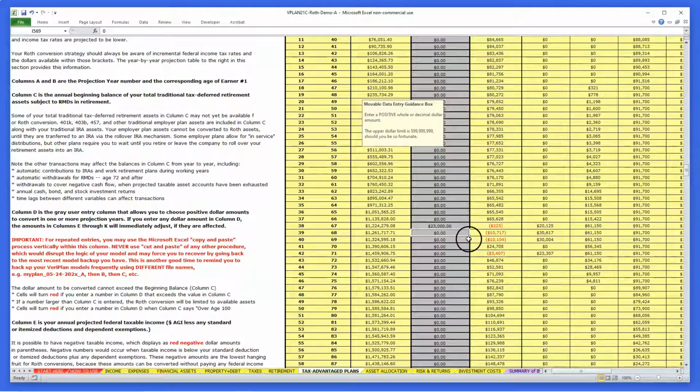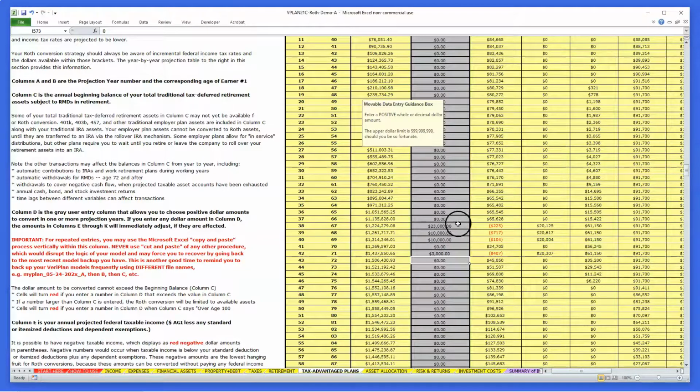And by the way, if you're paying attention to this, you'll note that everything dynamically will change in the years going forward. But I'm just going to demonstrate the fact that in these years where they have negative adjusted gross income, they won't pay any taxes, federal or state, on that. They're still left with it there. But if you total this up, you see somewhere in the neighborhood of almost $50,000 worth of